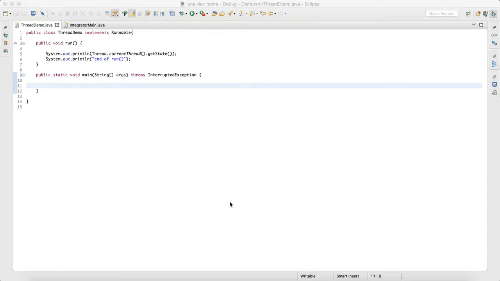Hi, today's concept is thread basics. What are the basic concepts of a thread? Today I am going to explain how the thread scheduler will behave. So before going to the concept,